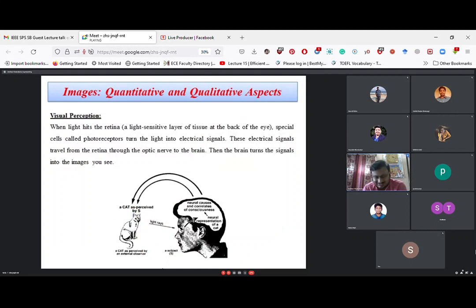So all these things we have discussed so far constitute the quantitative part of an image. That means its pixels, the intensity level, the position of the pixel, brightness, whether it is darker or brighter, whether it is multi-valued in intensity or single-valued intensity. All these things are quantitative aspects. Quantitative means there are numerical values for each pixel position, and the pixel position is also numerical.